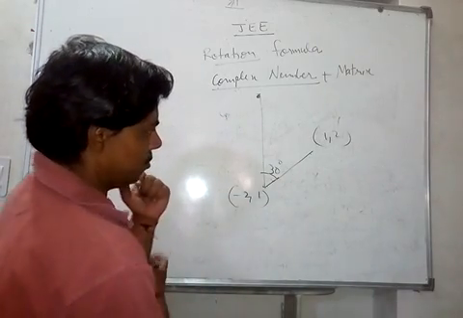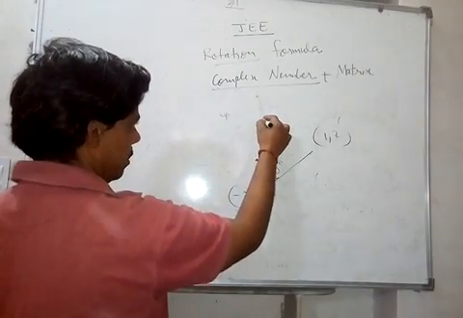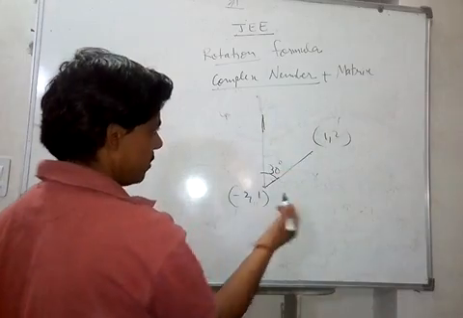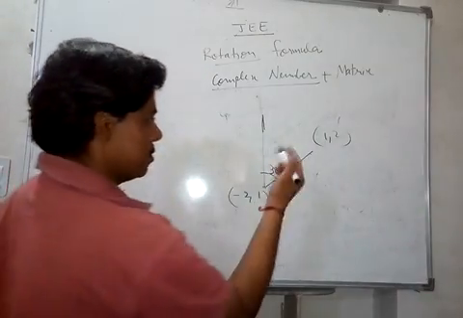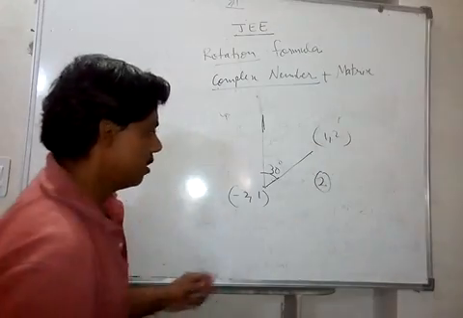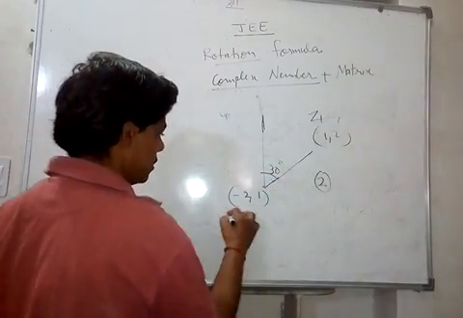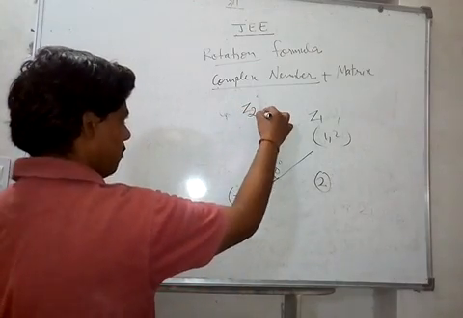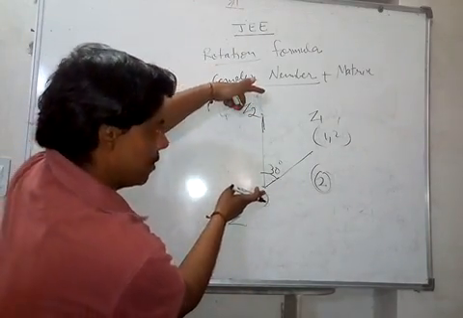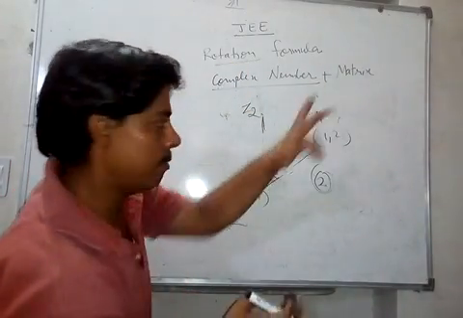If somebody asks you what complex number it will go to at 30 degrees, you will have to give the scale factor, because if the scale factor is not given, then it is not possible to calculate. So I'll say that let the scale factor be 2, okay. Now rotate it. This is our z1, this is z, and this is z2. We need to find z2 with the scale factor of 2, so it is doubled. Now the modulus of this complex number is double of this one.